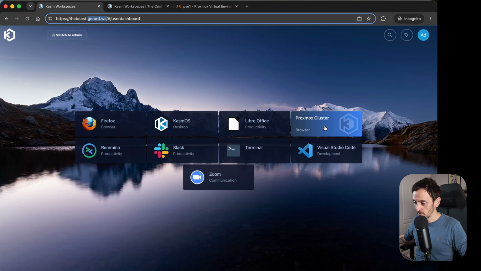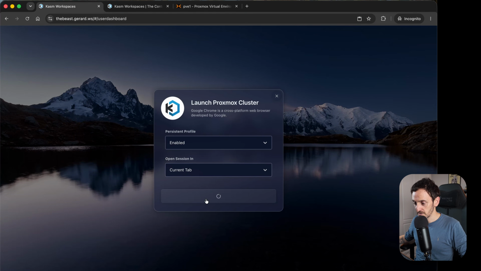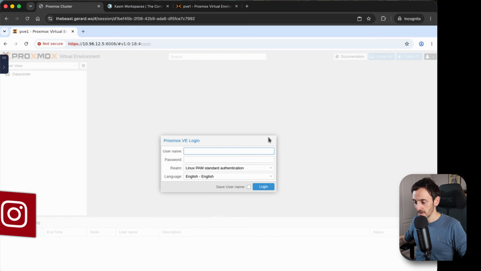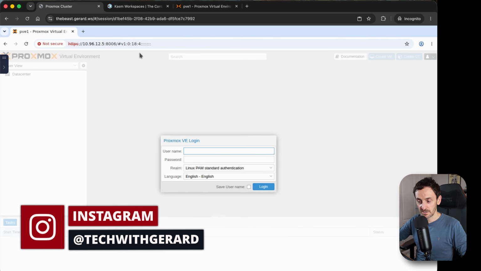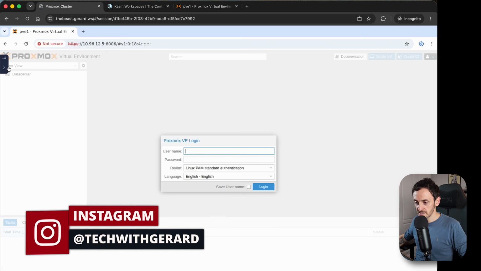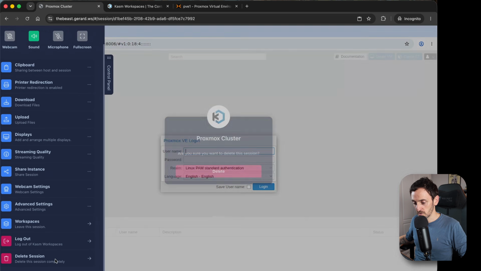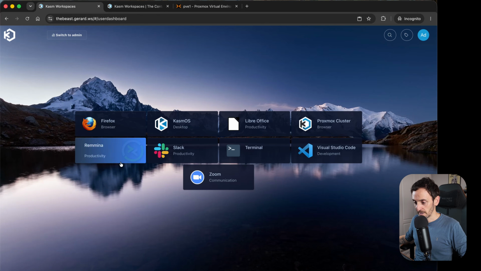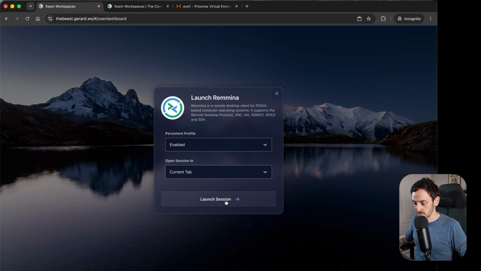For example, if I click on this one, click on launch session, this opens up a Chrome container. And as you can see, this is at the login screen now for Proxmox. If I close this and I go to the other one and I click on this one here, click on launch session,